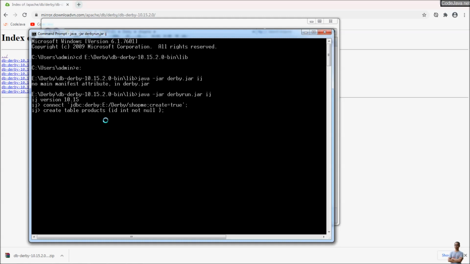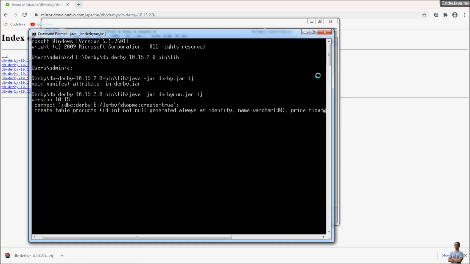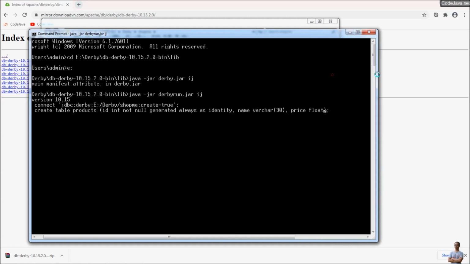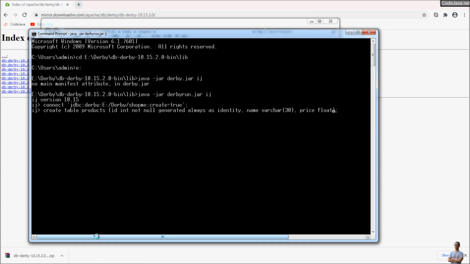So we use this syntax generated always as identity, and the second column is name with data type varchar. Varchar 30 is the length, and the third column is price of type float here. That's it. A SQL statement to create a new table. Hit enter,